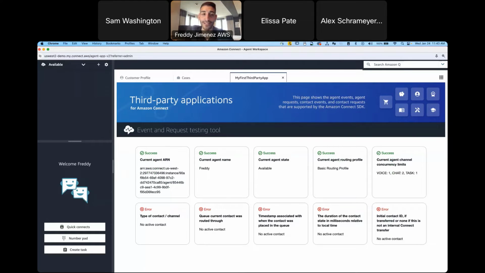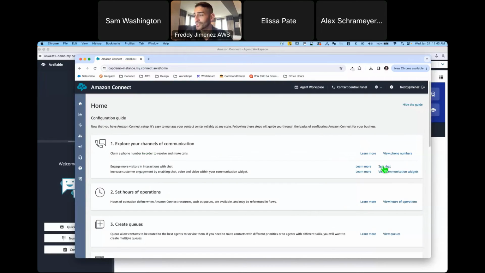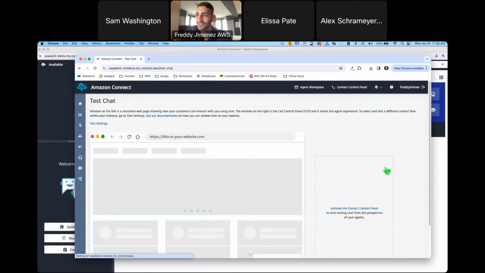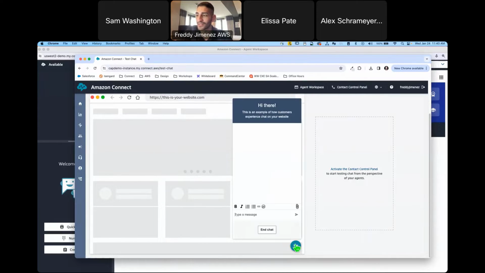And right now, I don't have a contact that's routed to my agent workspace. But for purposes of this demo, I'm actually going to show you one really quick. If you have a contact flow set up with a phone number or a chat, feel free to test it out in your own environment. I'm going to go ahead and test a chat really quick. I'm going to go back to my Amazon Connect console, select test chat, and then run through a very simple contact flow that's just going to direct straight to queue. Oh,